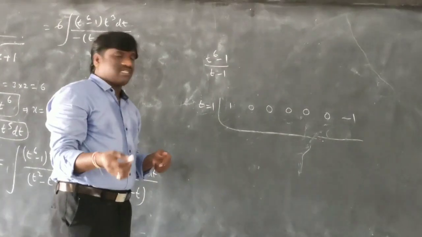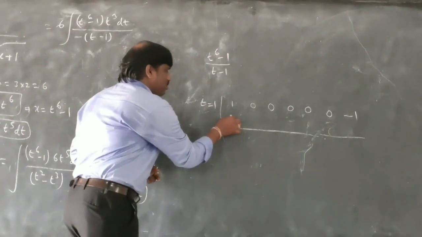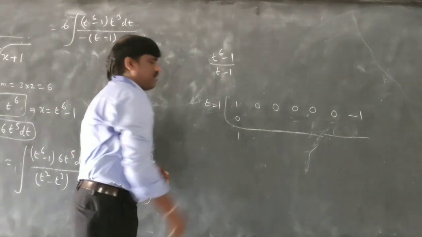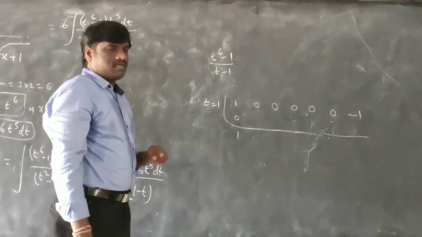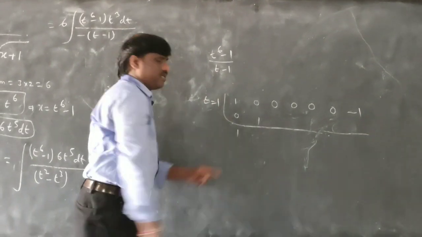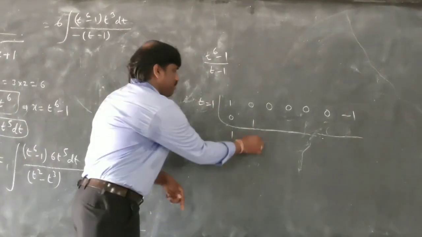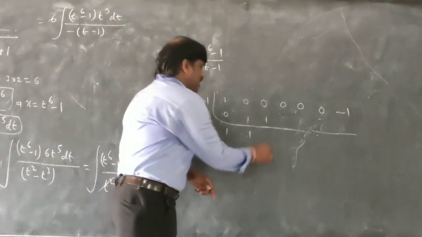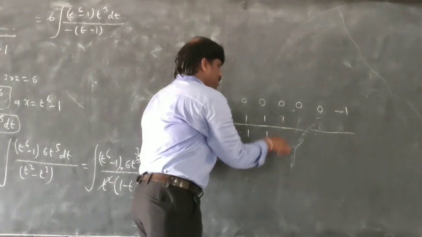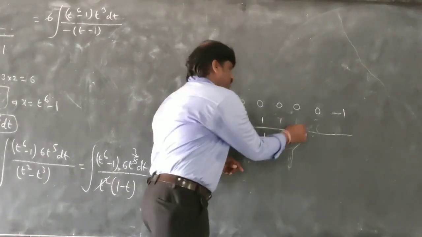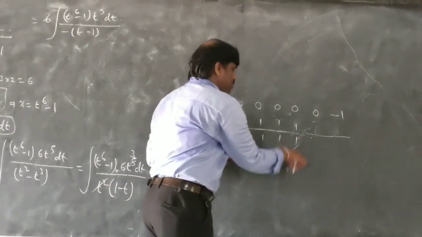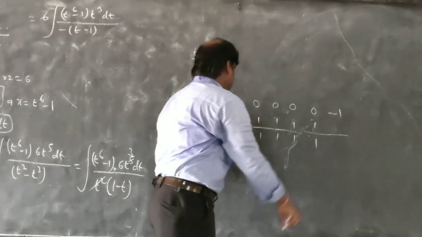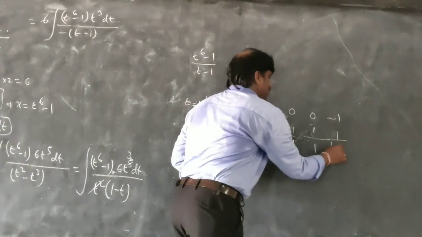What is the synthetic division method rule? You take here 0, take the 0 here. Add 1 plus 0, how much? 1. Multiply 1 once, and whatever you multiply, carry over here and add this one, that will be getting 1. Multiply this one, you are getting 1, and you will get here carry 1. Multiply this one, 1. Carry here 1. Multiply this one, 1. And you get here 0 plus 1 is 1. 1 ones are 1. And carry here is 1. So 1 into 1 is 1. And you get 0 remainder.